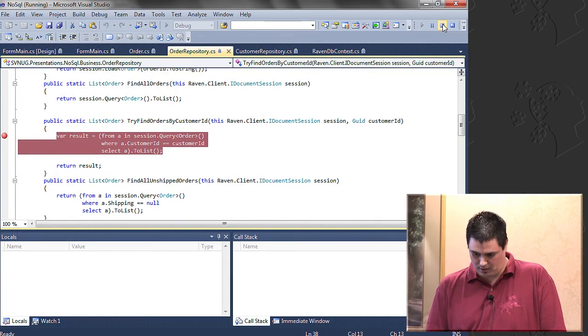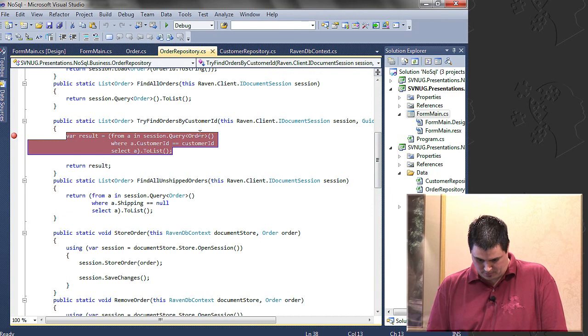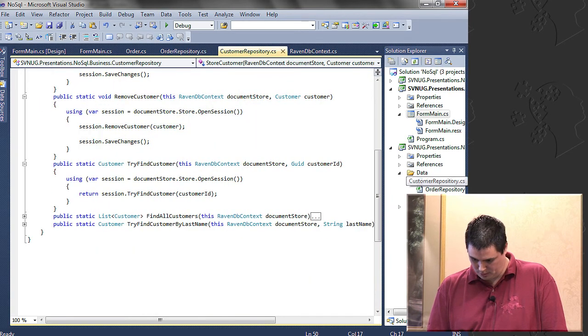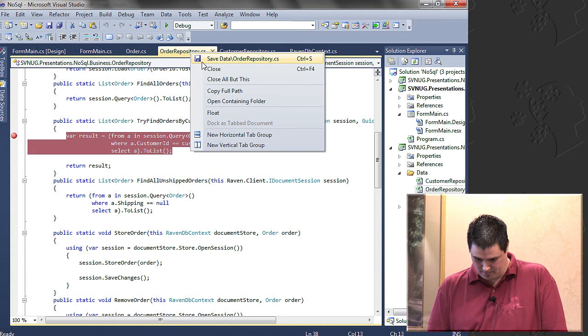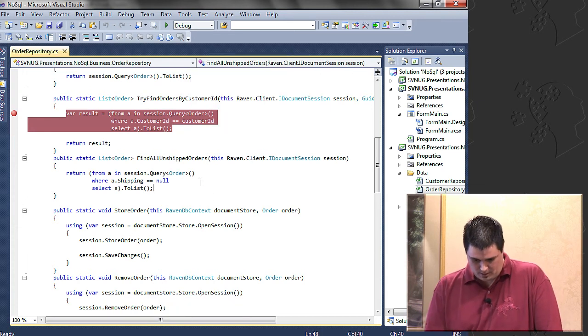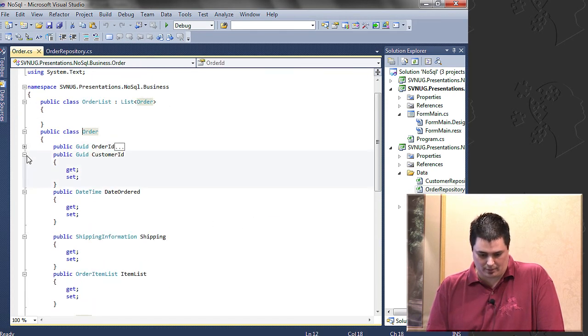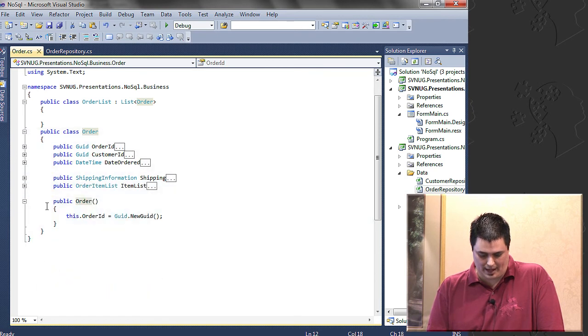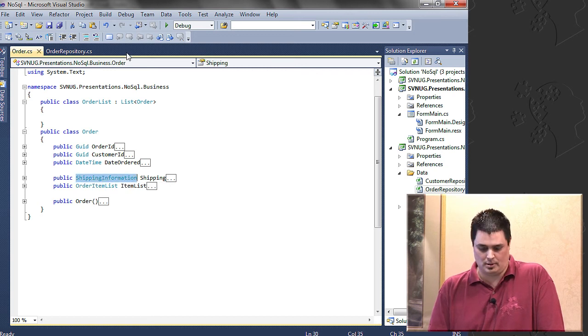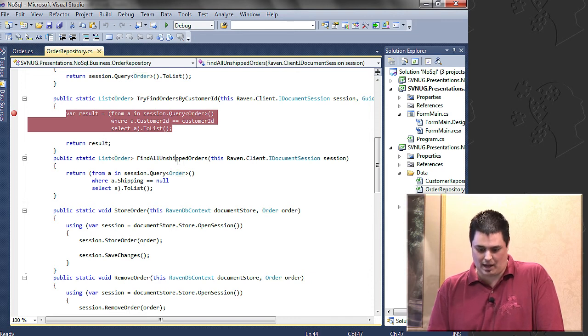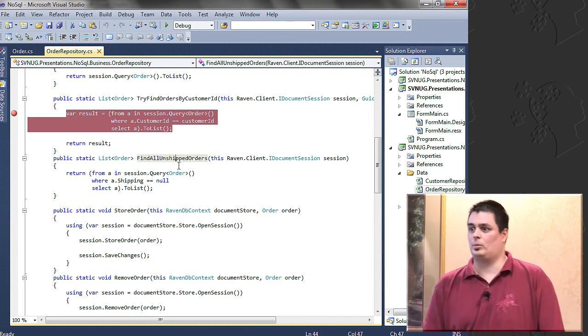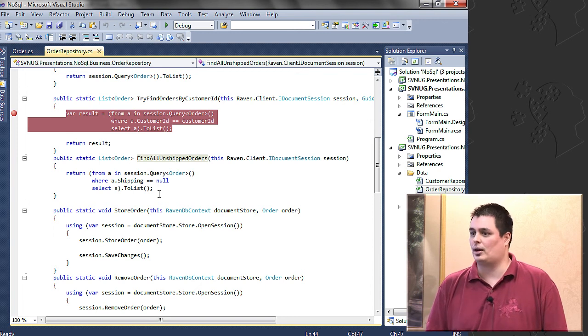And let me show you something that I think is really cool. Go back to our repository, or orders repository. Here is me doing a query on this order object I saved. Now let's take a look at this order object. It's a POCO that has a bunch of properties, and then it has some sub-objects. It's a graph, essentially. It has an order item list and has the shipping information. So I wrote a simple method off the repository that says, hey, find me all the orders which are not shipped. In this particular example, not shipped means you don't have a shipping record, because it's an example.